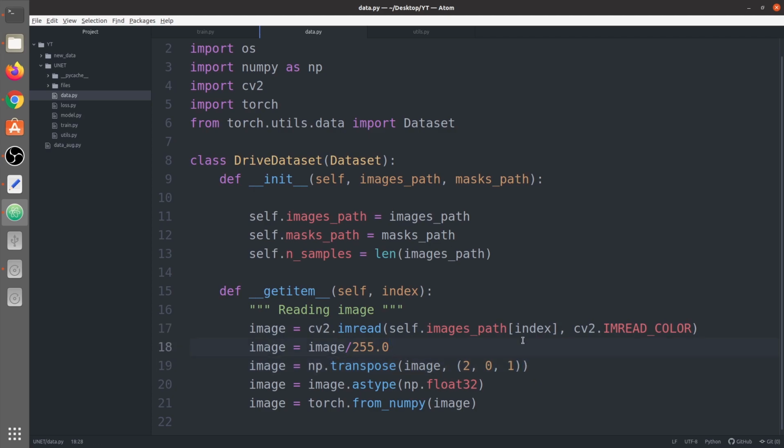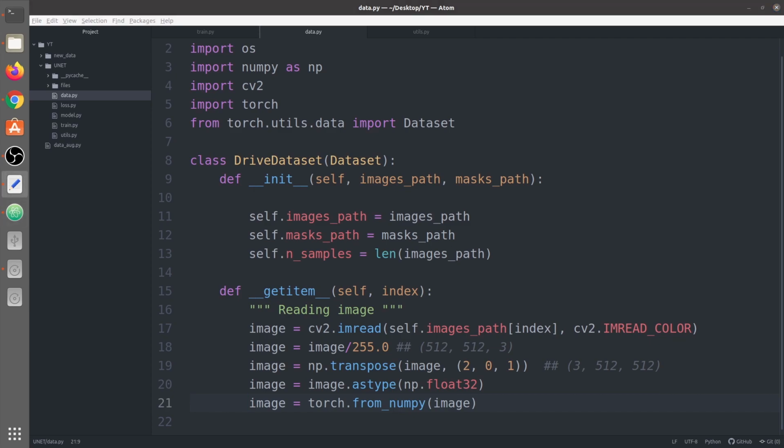If you remember, the image is 512 by 512 by 3, so it's a channel-last approach. But in PyTorch we have a channel-first approach, so that's why we apply a transpose here. The size changes to 3 by 512 by 512. Then we convert it into float32, and finally into a torch tensor.